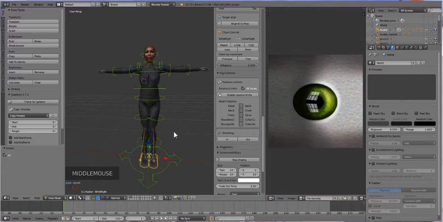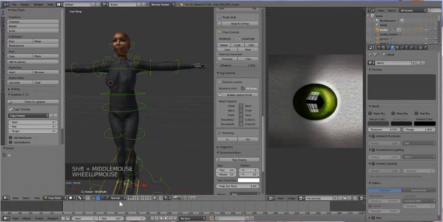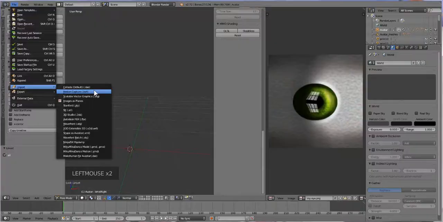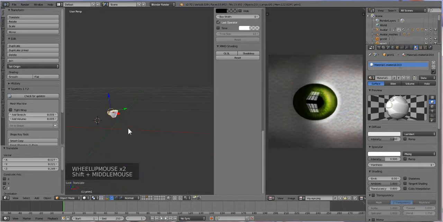Alright, so next thing I'm going to do is import our prop, and I exported that separately, so I need to import object and put my cup in. And the thing about this cup, which I found out when I did my test run of this tutorial,